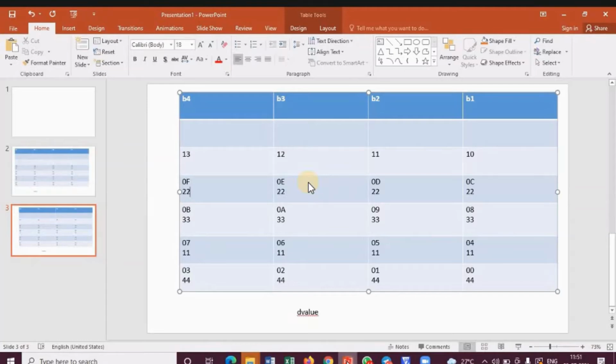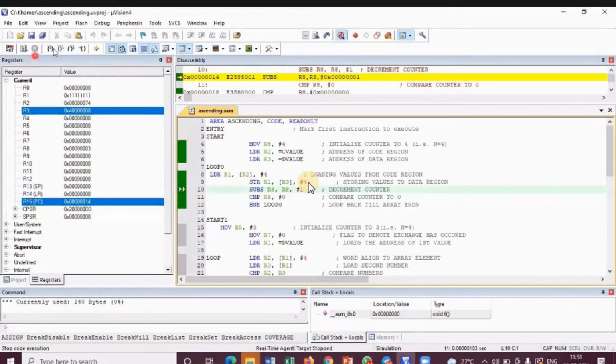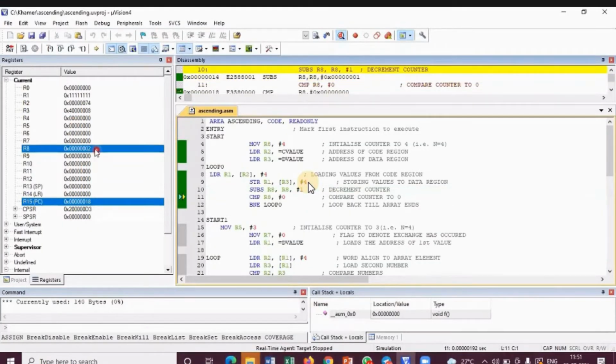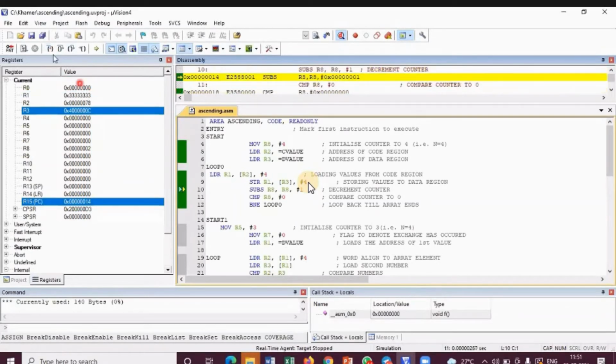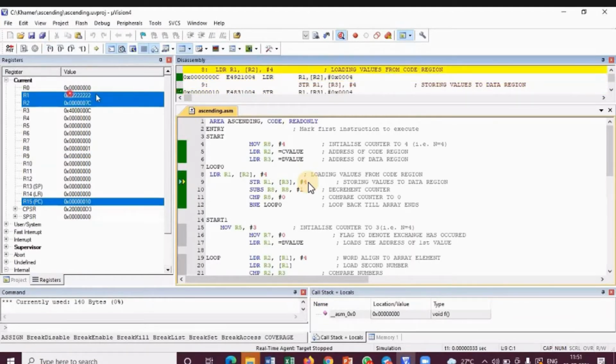So like this, now my R8 count becomes 2, and the next number was 3, it has copied, and then the next number is 2, see here, it has copied. And where is R2 pointing to? 7C. And where is R3 pointing to? 0C. I will only tell the last 2-digit number.